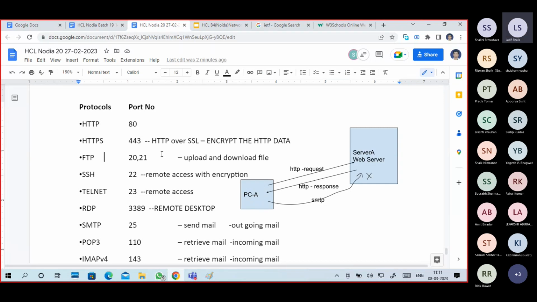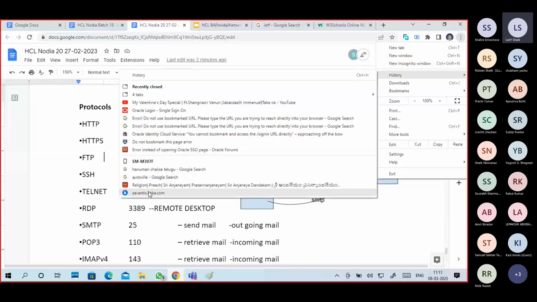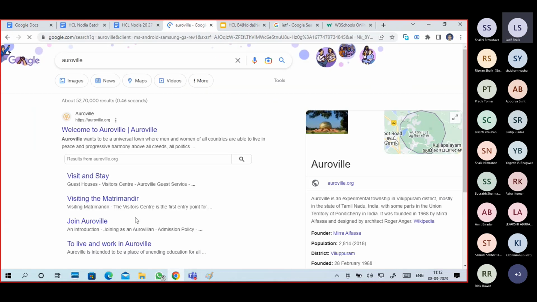Okay. Whatever you browse in a regular browser, the cache data and histories will be stored in your browser like this. If I go to my history, this is there. Even if I didn't open all these things today, maybe I opened them yesterday or the day before yesterday. Okay, but it is there. So for example, I try to search for this one, which I searched a few days back.